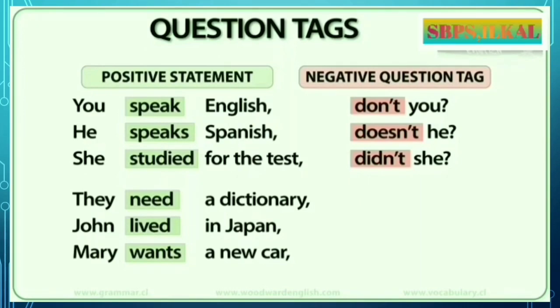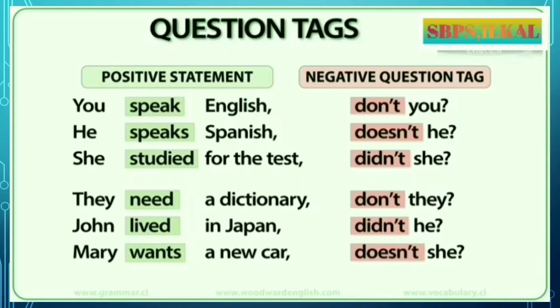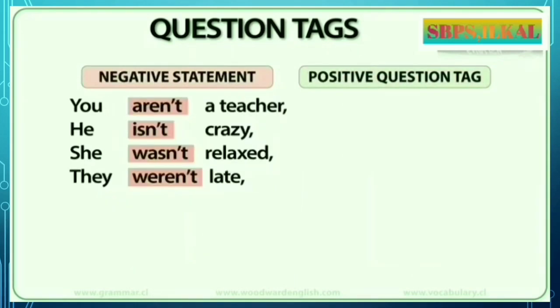So first one, simple present tense. They need a dictionary, don't they? Next, simple past tense, didn't he? Next, third person singular, simple. And next, we should learn